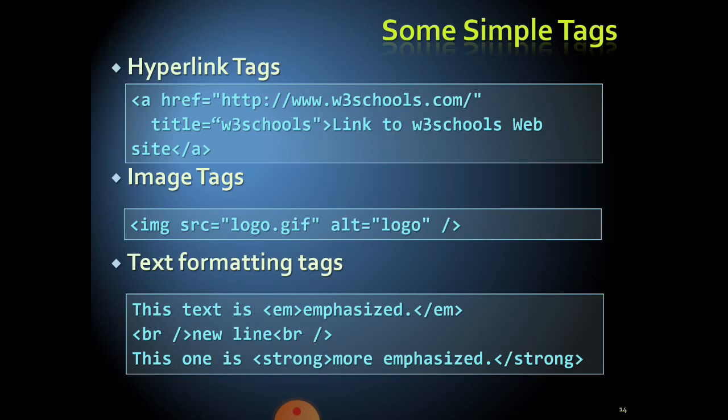So if you want to keep a hyperlink, we use the href tag. If you want to keep an image, we give the img tag, that means image. Here we must specify the source of the picture we want to keep in our HTML page. For text formatting tags, if you want to emphasize the data, we give the tag known as em. This is also one of the tags. And br is nothing but coming into a new line. If you want to print the output on a new line, if you want to bring the cursor to a new line, we use the tag known as br.